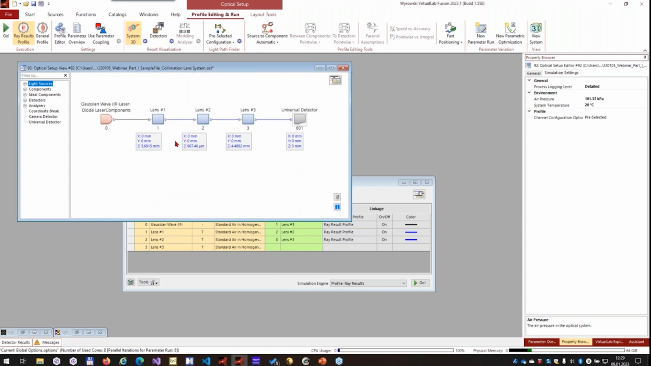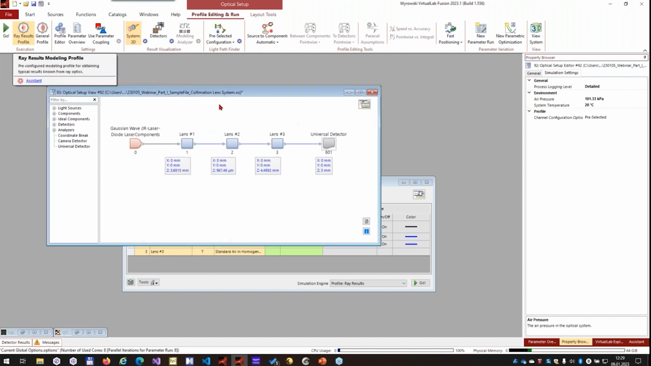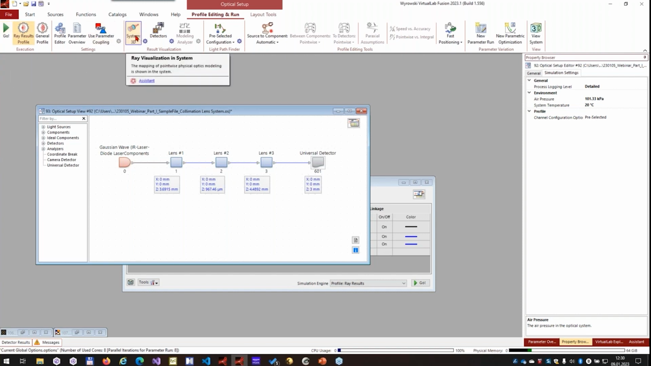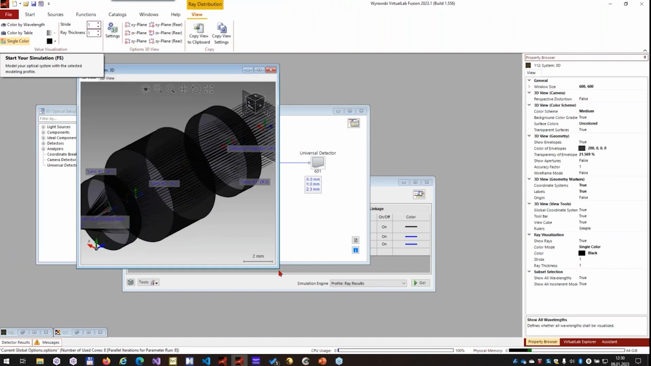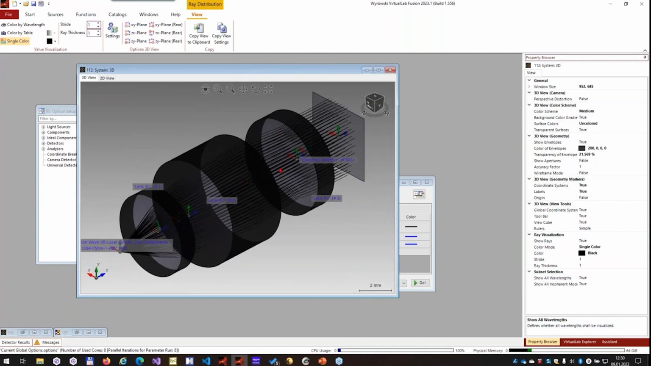So for demonstrating something about this 3D view, I selected a simple collimation lens system, and I perform once more the ray result profile with the visualization configuration system 3D view, and then I get the well-known three-dimensional result visualization. The first thing I'd like to mention at this point, we have several general tools here, for